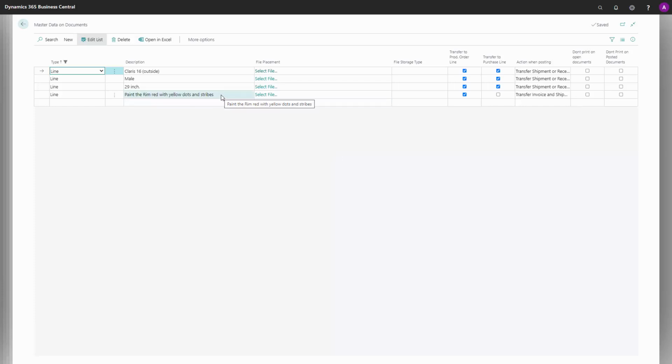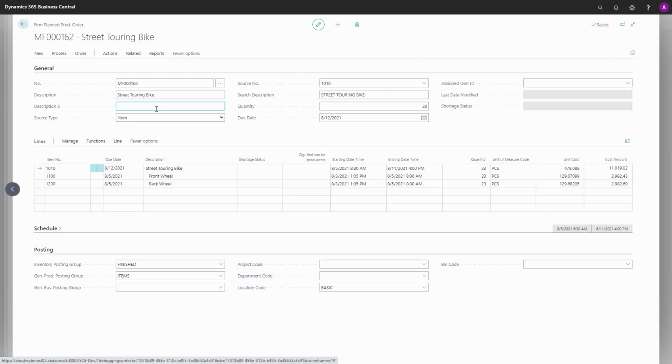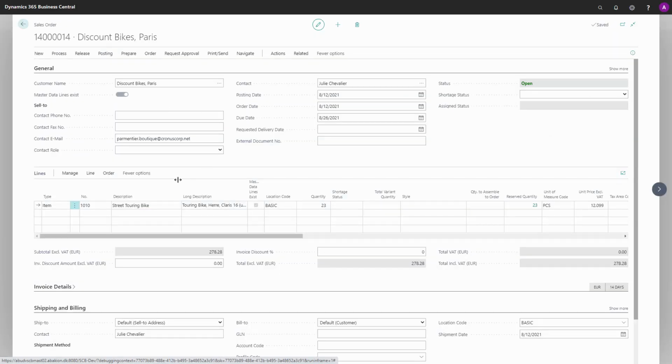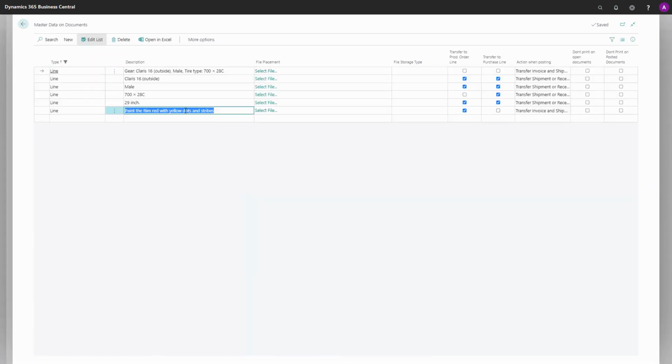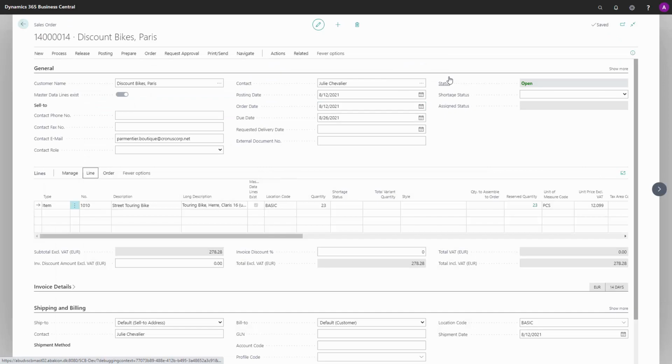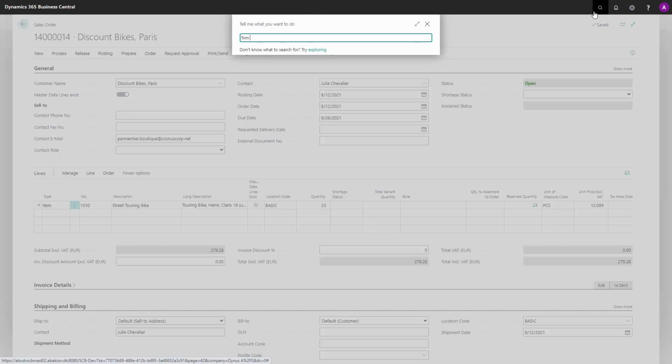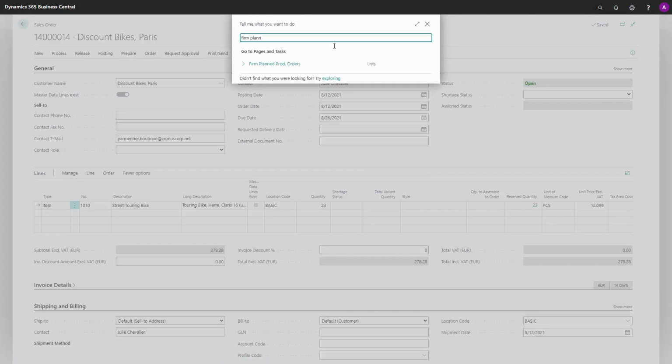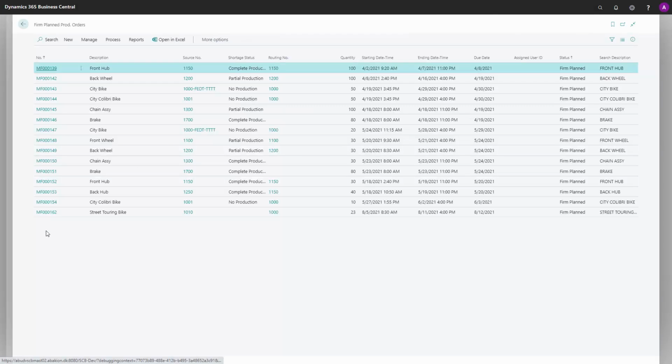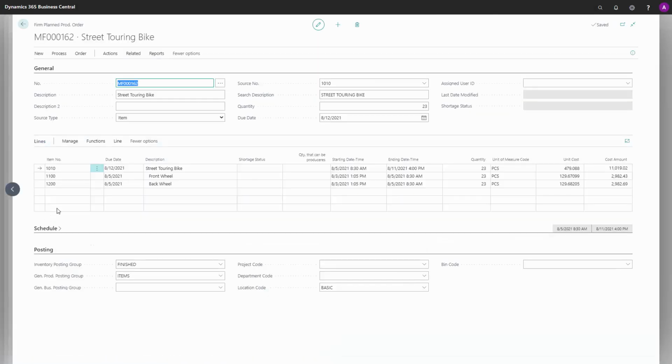Now if somebody on my sales order changes this master data information, this could come from the customer, it could also have been files or anything that we need to provide to the manufacturing, to the production area. Let's try to change the master data information on the sales order line and say we needed yellow and green dots instead. And we need to make sure to update the firm plan production order, because the production people could use the master data information in itself to add stuff, and therefore we would like to make sure that they